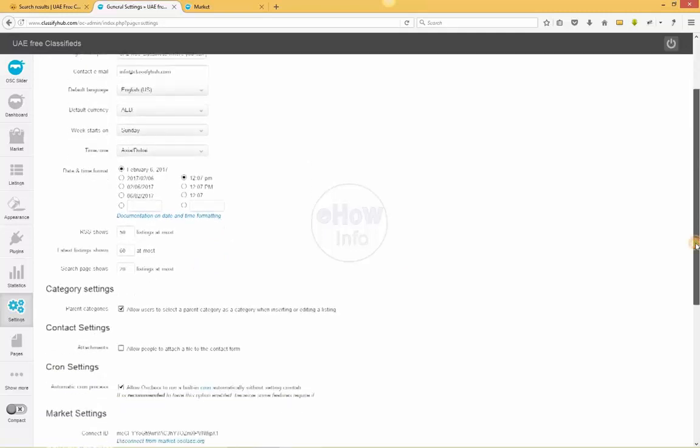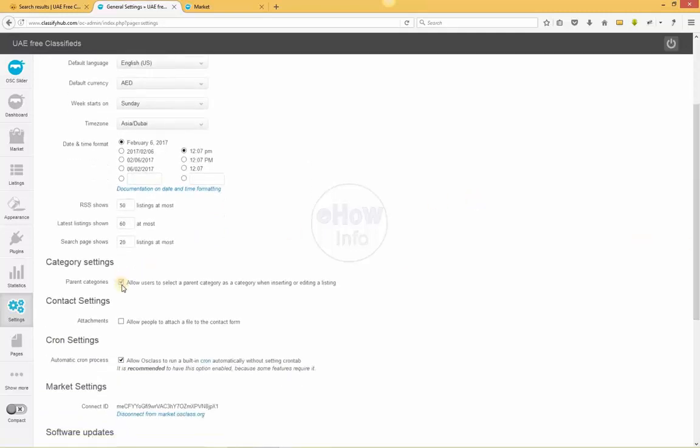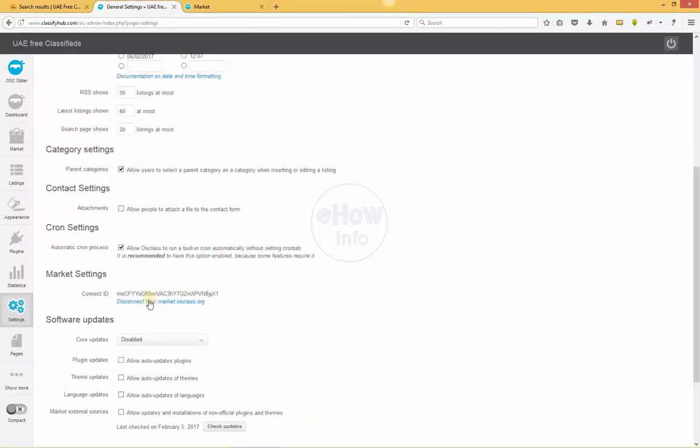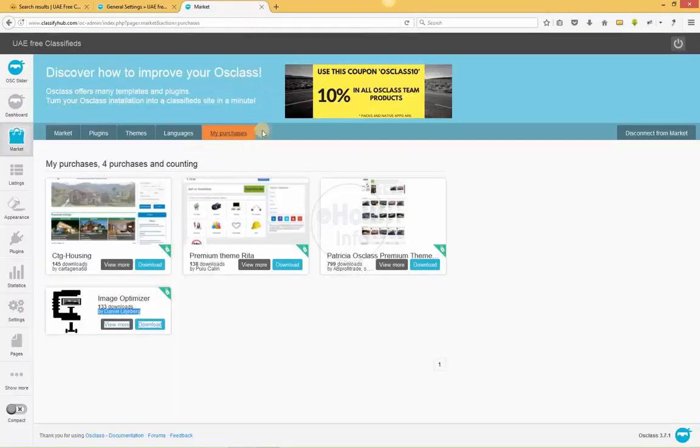And this should also be checked to see the subcategories. The main categories, this should be not allowed, this should be always allowed. If you have purchases from market, like I have this tab at my market, because I have these purchases,